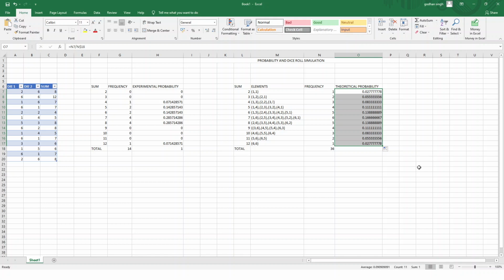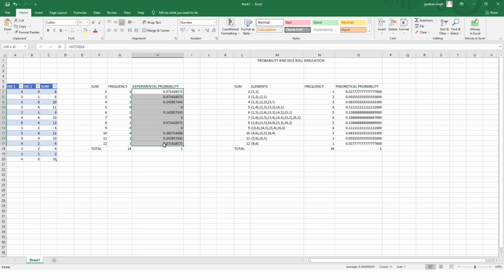So here we are. Now let us see whether it's correct or not. In the same way we'll check the total, which should be equal to 1. Equal to SUM, selecting all of them and closing the bracket. So we are getting 1. So it is correct. And also let us increase the decimals here, and here also, so we can match them properly. So here we can see that.